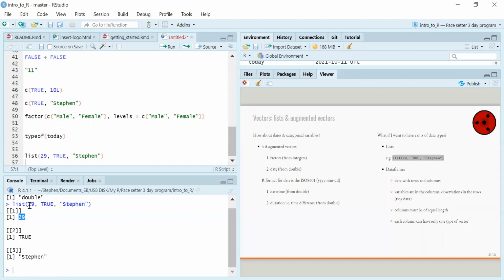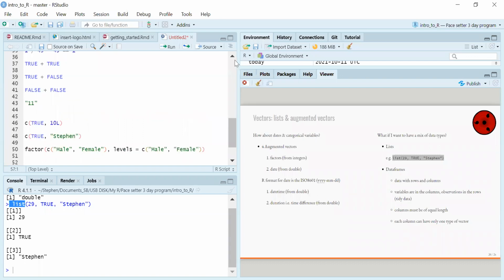All right. So if for any reason you have to mix vector types, then you will have to create a list, because a list can hold anything for you and it's going to keep them exactly the way you have given it. It's not going to force them to assume anything. Now this becomes very interesting because data frames, most of the data types that we have, they are a special type of list, right? But today I see a question, the difference between the